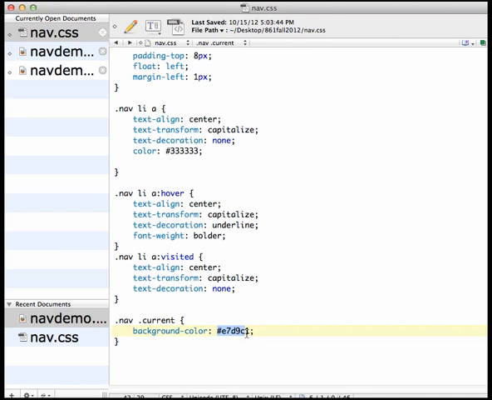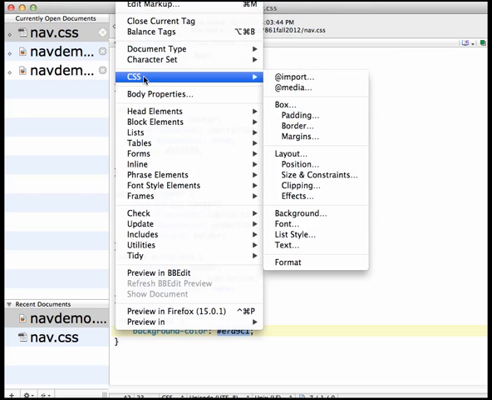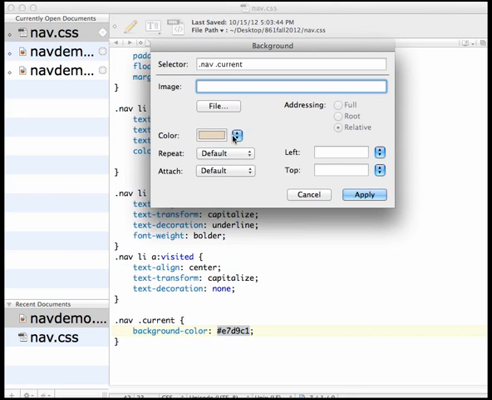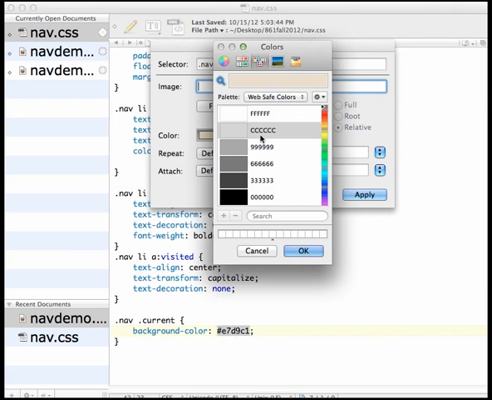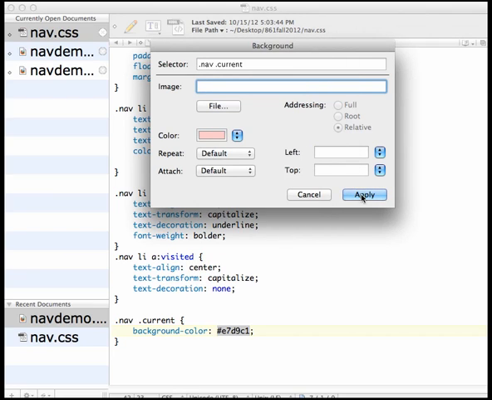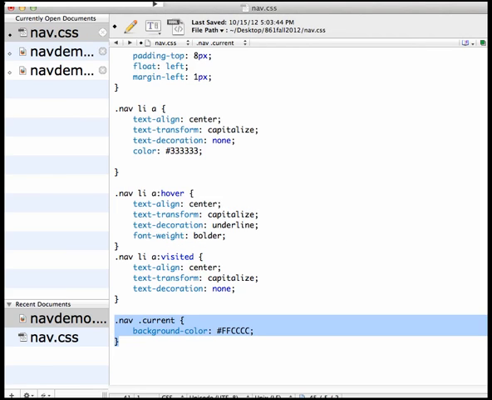And we can change this. This is a kind of a tan that I copied from the Sliss website. And I don't know, we could make it some other color if we wanted to. Let's see, how about, I don't know, pink. Let's make it pink. Okay, apply, and then we can save it,